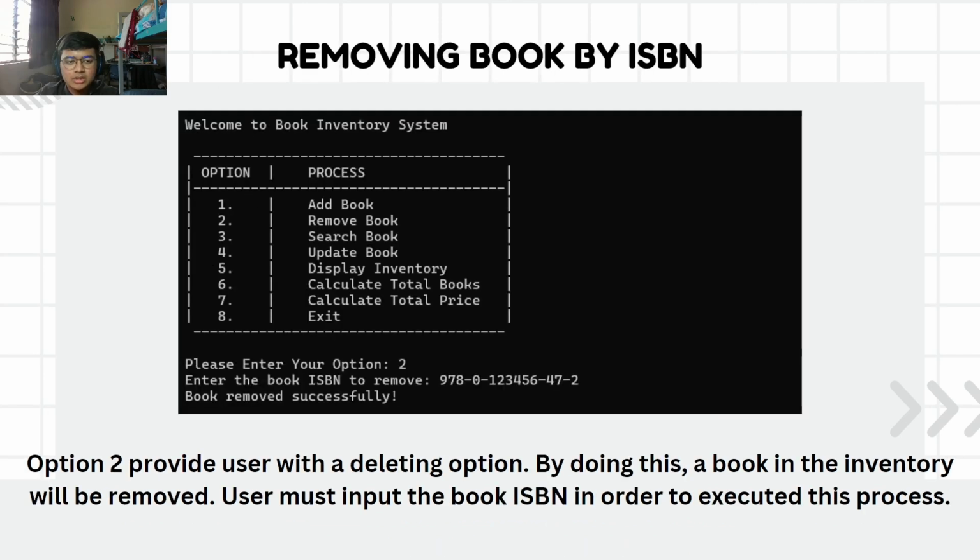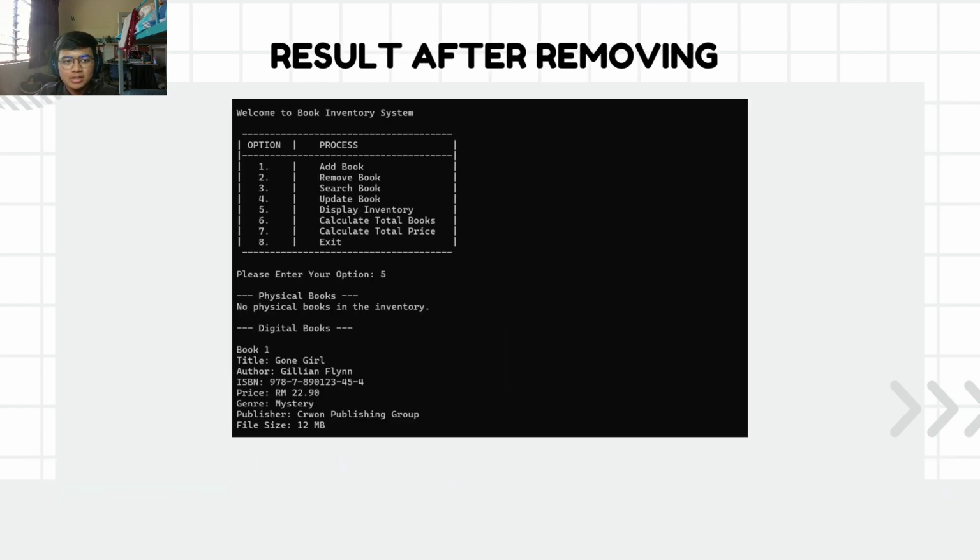Next, if the user wanted to remove a book, they need to choose the second option. And then they need to enter the book ISBN to remove the book from the inventory. This is the result after removing a book in the inventory. As you can see, the physical book in the inventory are currently none because I removed the book with the